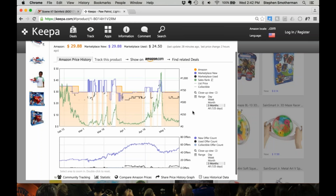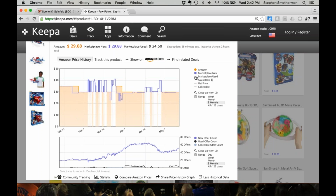Another thing when you're considering your competition is Amazon in and out of stock. Look at what happens to marketplace new prices when Amazon goes out of stock. When Amazon goes out of stock, third-party marketplace new prices go up because they realize Amazon is not there. They're not going to share the buy box. We're going to ask for more for this, and you're able to get more than what Amazon, because most of the time when Amazon is priced at something,